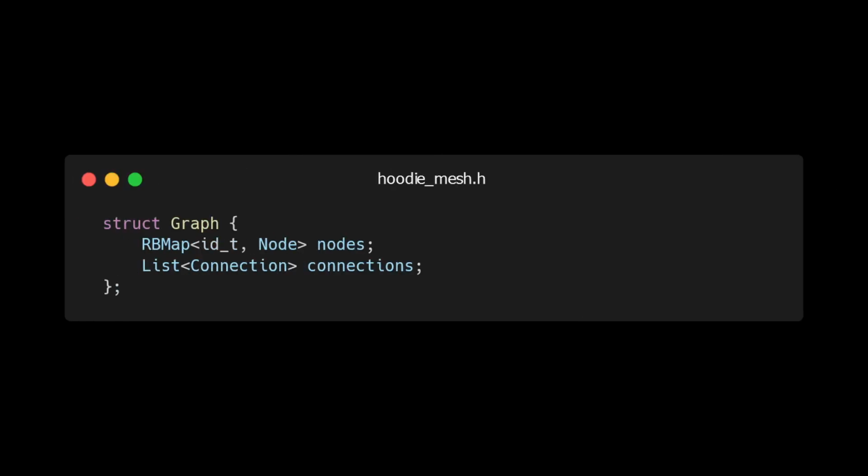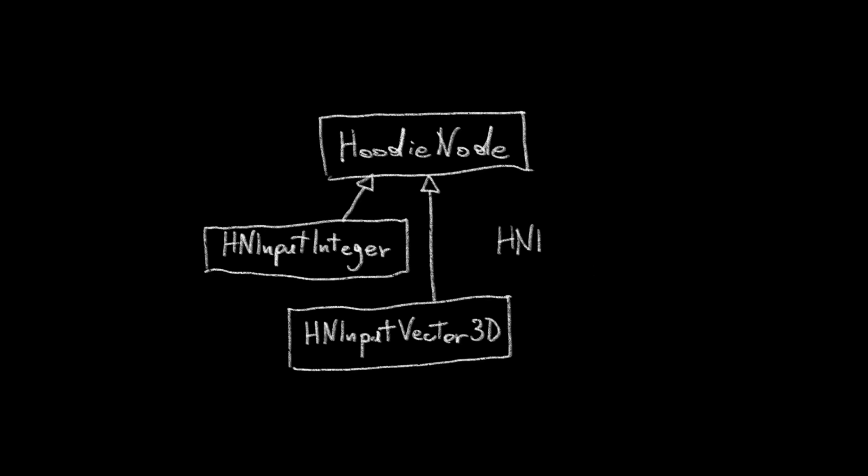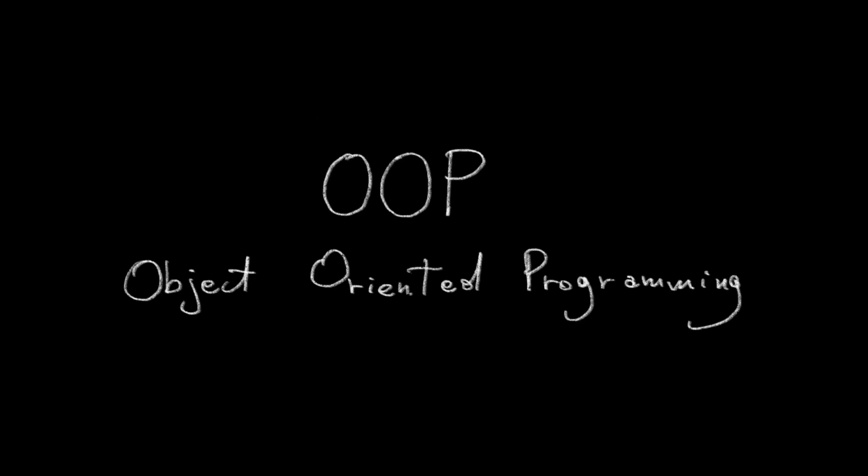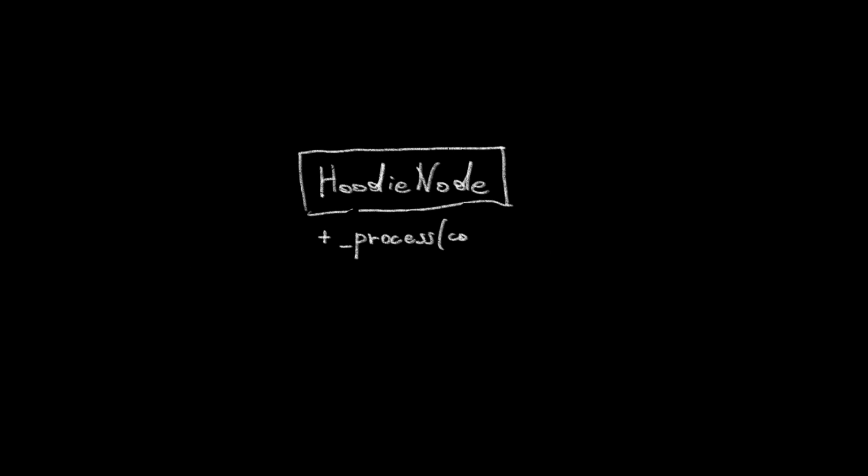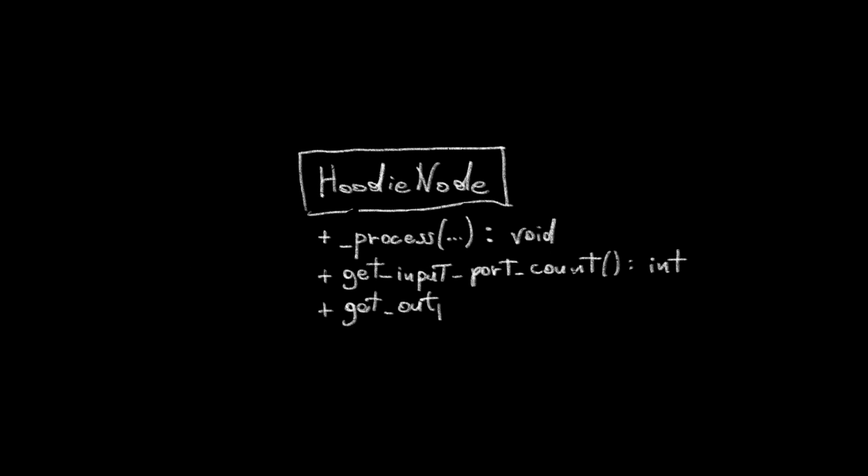It will contain a struct called graph, which contains all the nodes and the connection data. Now we need to define a class that represents the nodes, Hoodie node. It will be the parent class of all of the child nodes. If you're unfamiliar with object-oriented programming concepts, you may want to learn more about these on your own. But to put it simply, Hoodie node will provide the common structure that all the nodes will need in order